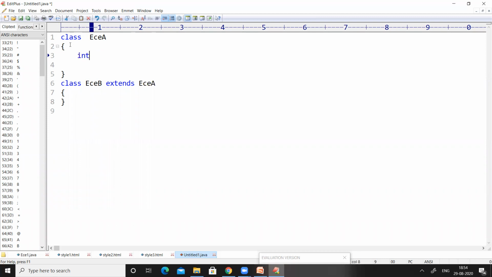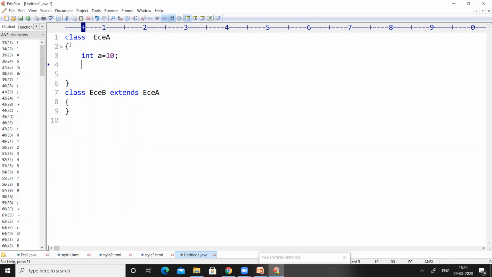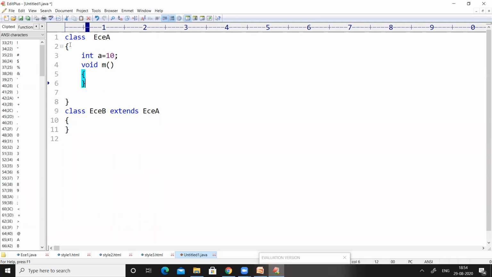Let us consider there is one variable of type int a, and there is one method which will print the value of a on the output screen.